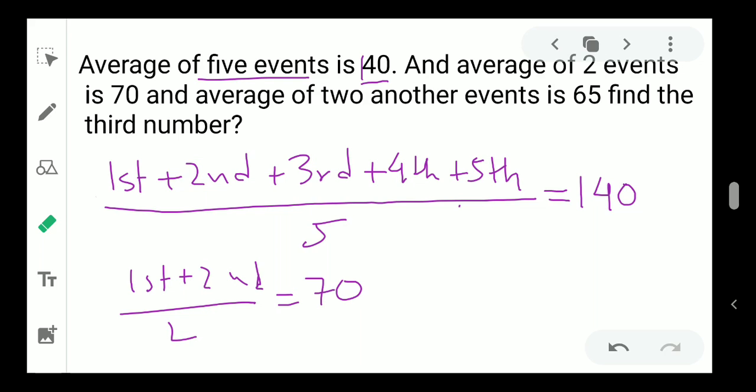So the total of these 2 events, that means the total, that means the first one,